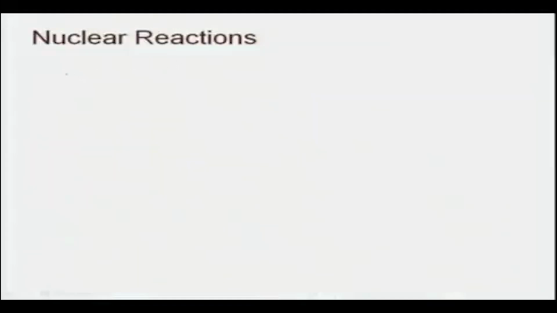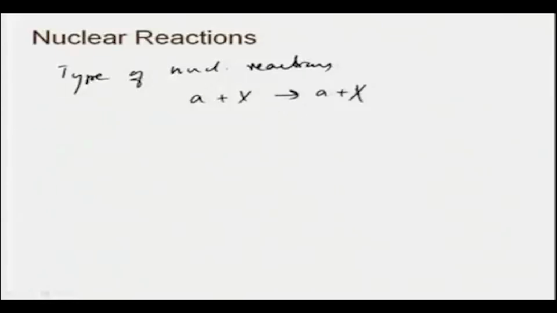So, one is this type, let me call it loosely type of nuclear reactions. One is A plus x goes to A plus x, which is actually an elastic scattering. Then, so this is elastic Rutherford type of scattering, probably mostly with